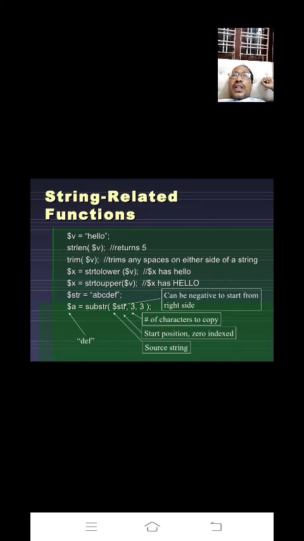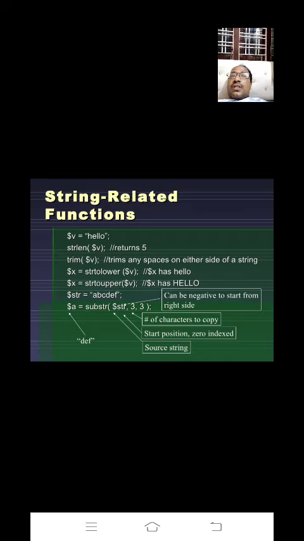I will give an example of a built-in function. Suppose in a calculator, you simply press the buttons and you get the result, because that program is already written in the calculator. You are simply inputting and getting output. Same like that, for handling strings in PHP we have some predefined functions that we can use to get results.